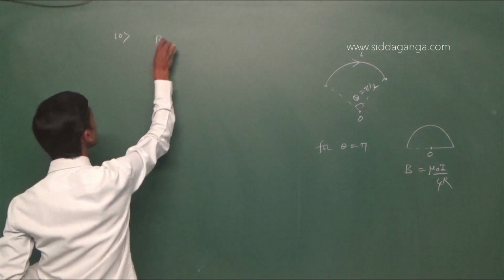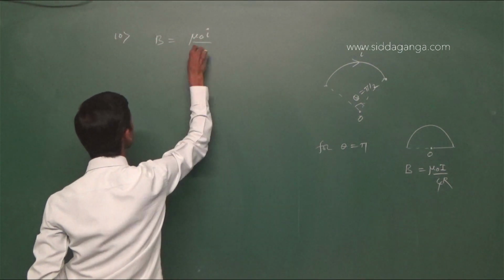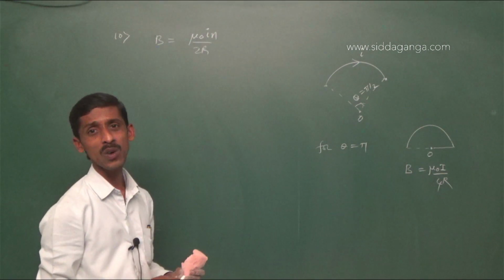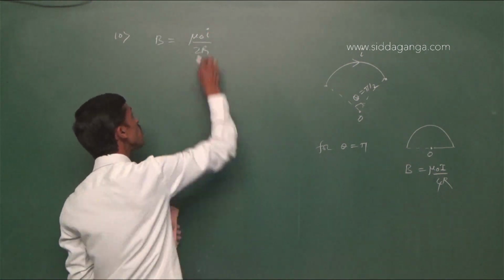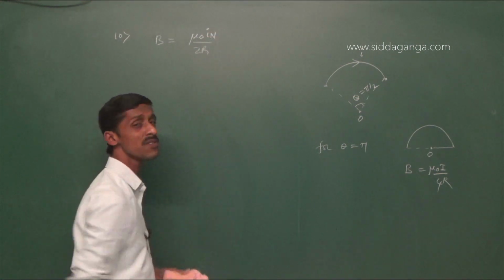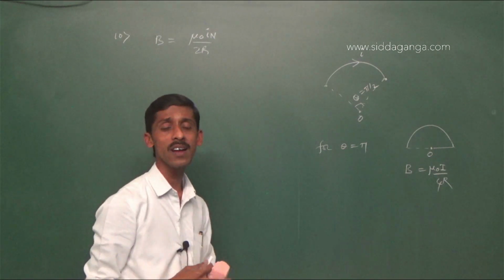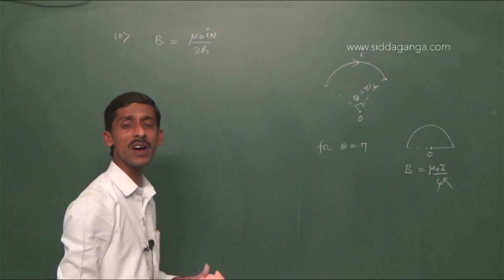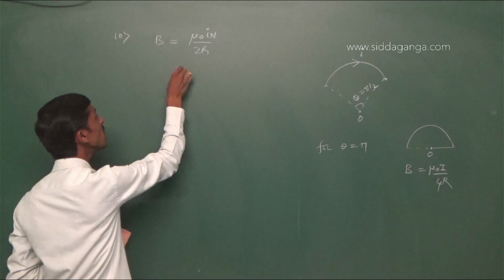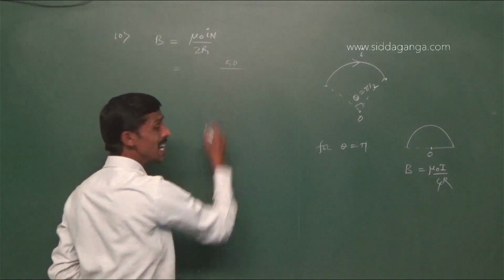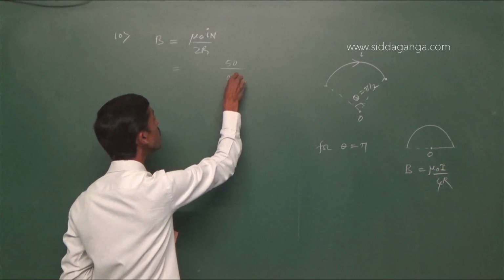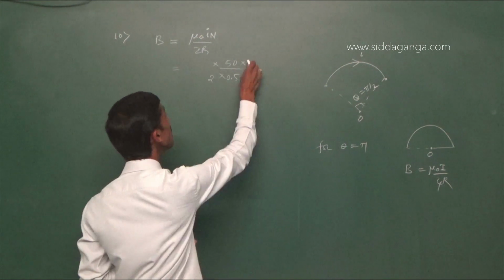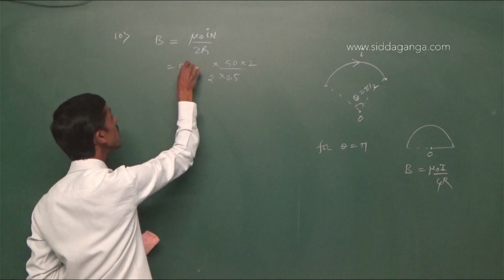So, magnetic field at the center of the circular coil is mu naught I by 2r. This is due to 1 turn. If there are N turns, mu naught N I by 2r. So, here there is no difference between small and capital N in case of a circular coil. But in case of a solenoid or toroid, you must take care. Small n is usually used to represent the number of turns per unit length. So, here number of turns is 50. Radius of the coil is 0.5 meter and current in that coil is 2 ampere and mu naught value is 4 pi into 10 to the power of minus 7.